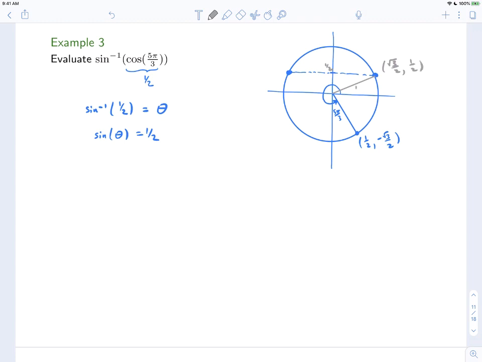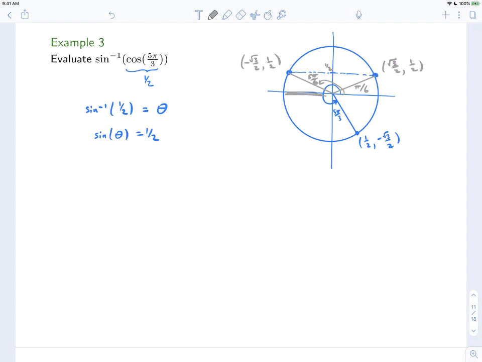That angle is pi over 6. In the second quadrant, we have this point, and that has y-coordinate 1/2. So it's minus the square root of 3 over 2, comma 1/2. And notice that this has reference angle pi over 6. The angle is 5 pi over 6,